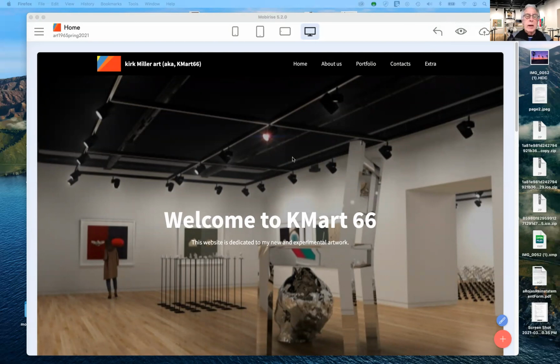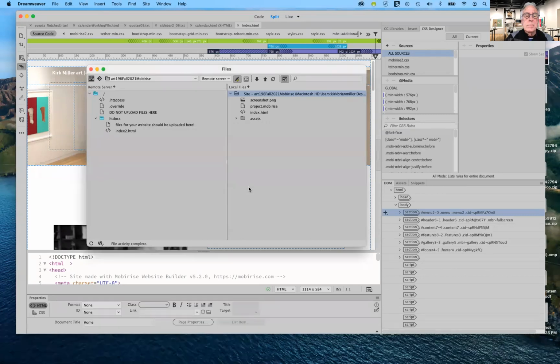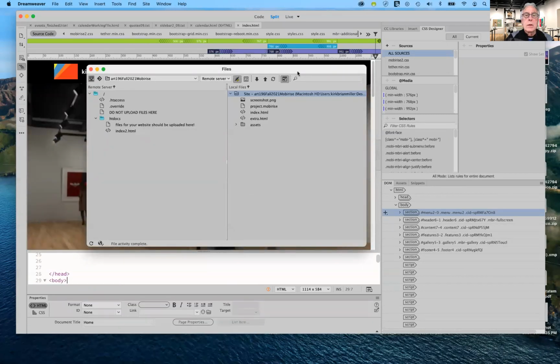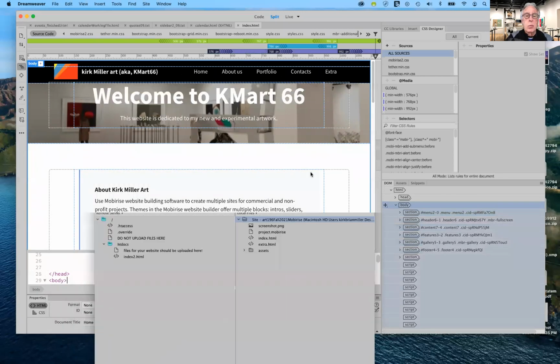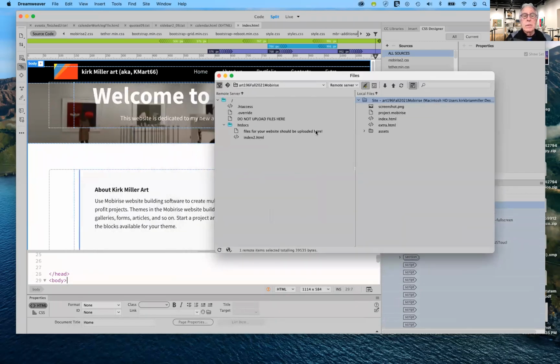So I'm going to go back to Dreamweaver. And notice it says, this file has been modified outside of Dreamweaver. Do you want to reload it? Yes, I do. Okay. And notice how it's dramatically changed. It's the one that I just used now. And now you'll also notice that instead of just having an index.html, I have that extra.html as well. So what I need to do is I'm going to go ahead and I'm going to take,